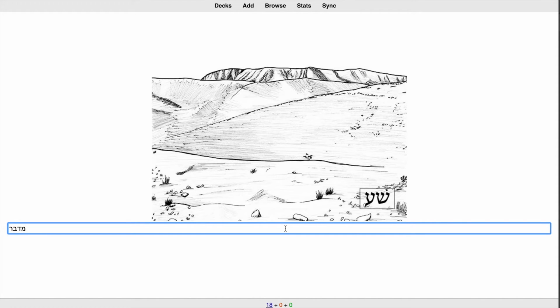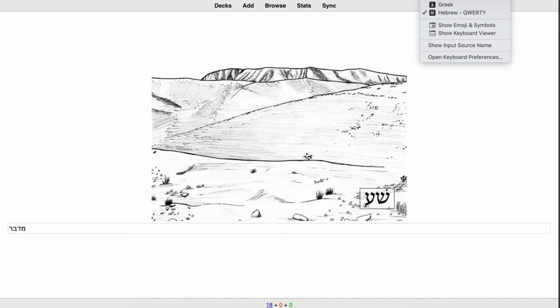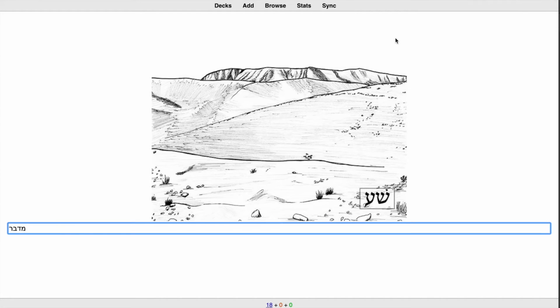Let me say another thing about finding a Hebrew keyboard. Now I have it on my Mac, so I can type English, Greek, and Hebrew. What would be best for you is to just Google how to get a Hebrew keyboard on my Mac or on my PC, and then just follow the instructions there. The reason why I don't include something now is because when each new operating system changes or from computer to computer, it's a little bit different. It takes a little bit of trial and error, but getting Hebrew and being able to type in Hebrew is well worth it because it's another way of exercising your brain and to be able to master the card.